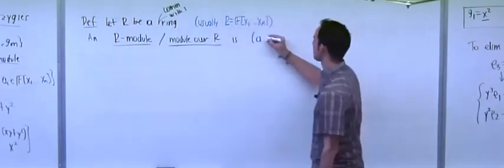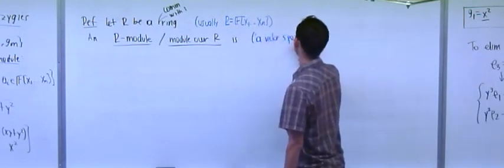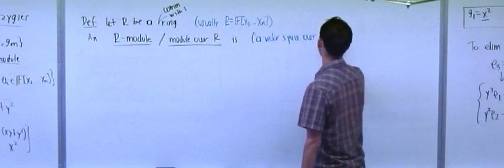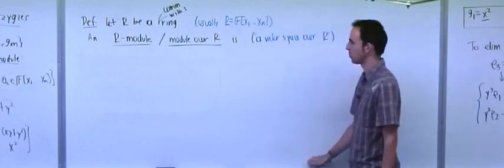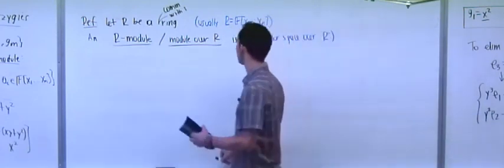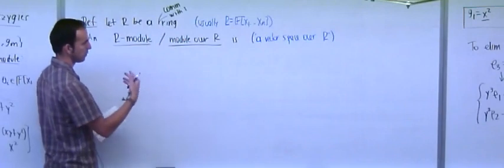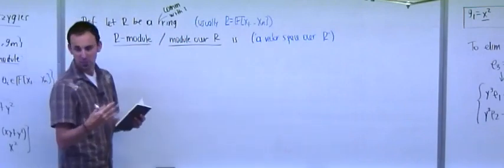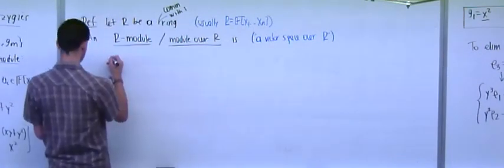This is not the definition, but it's a vector space over R. This is a good way to think about it, but what is it really? Well, what is it mathematically? What do you have in a vector space? Basically, a vector space is something where you have an addition, right? And so what that means is that you have,